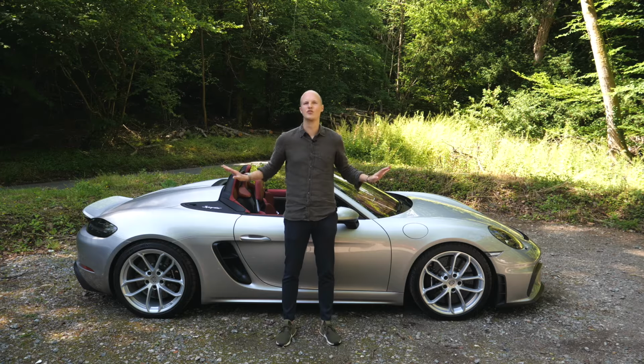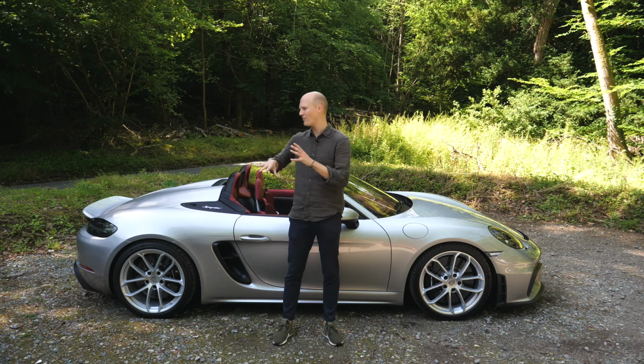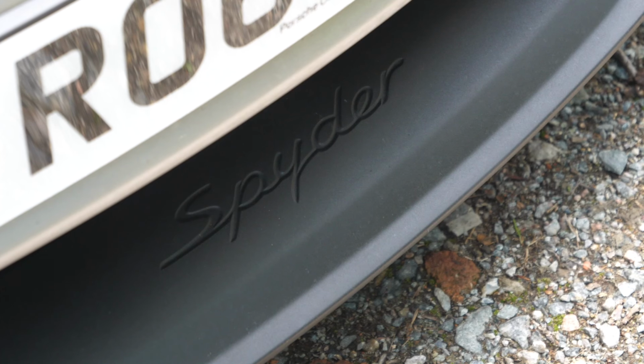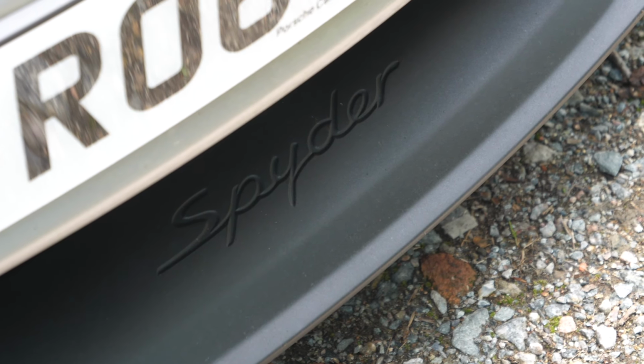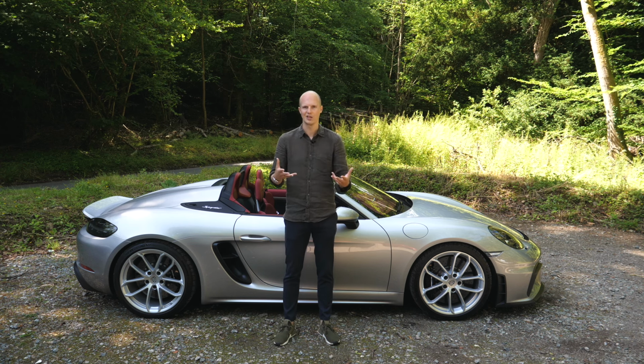We're not here just to drool over this thing, we are here to drive it, and I want to tell you a little bit more about the performance, because quite an interesting car, this car. Theoretically, the third generation of the Boxster Spyder. However, it's no longer actually called a Boxster Spyder, it's just the 718 Spyder, but it is essentially the third